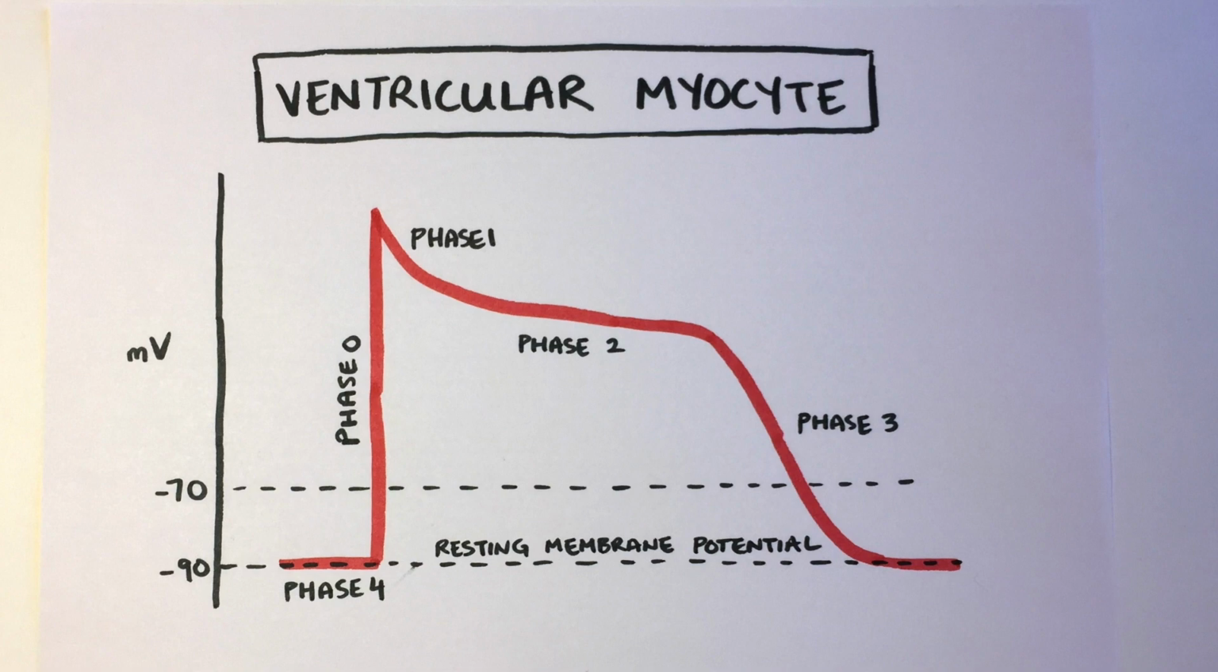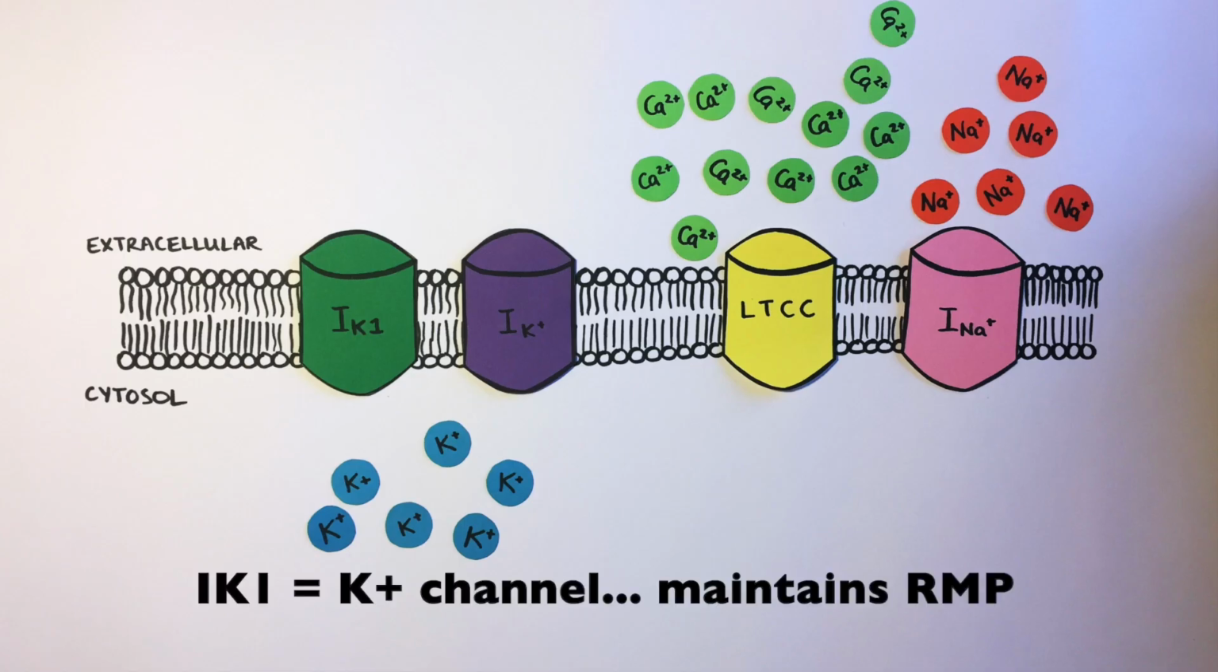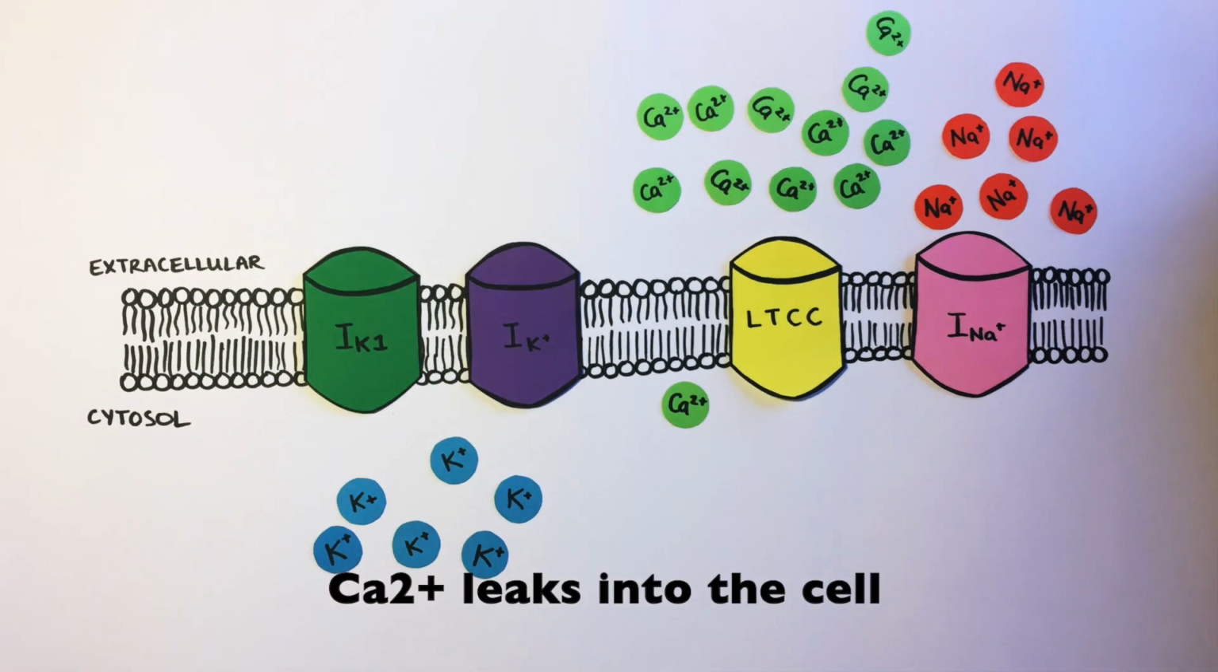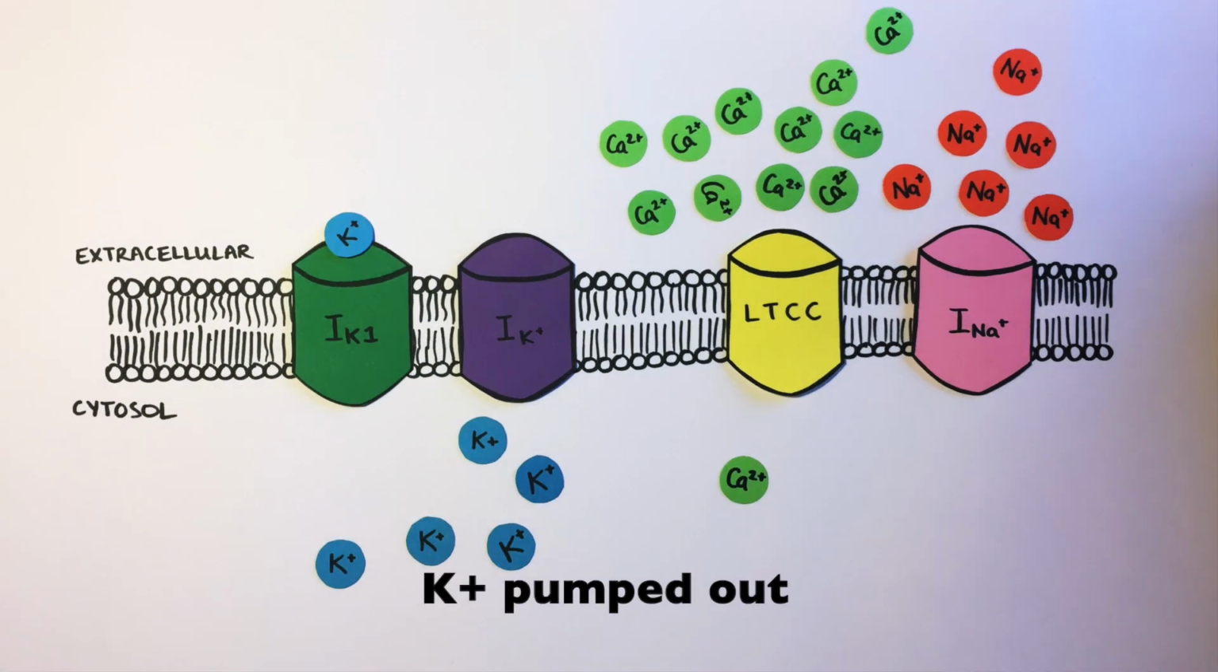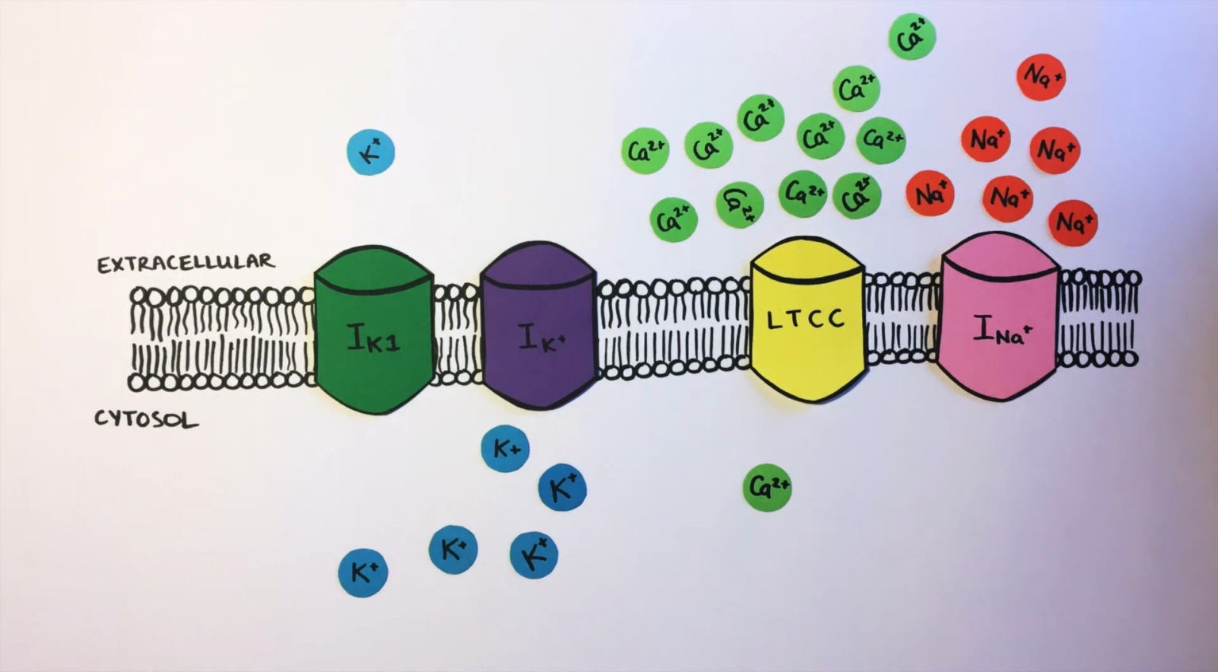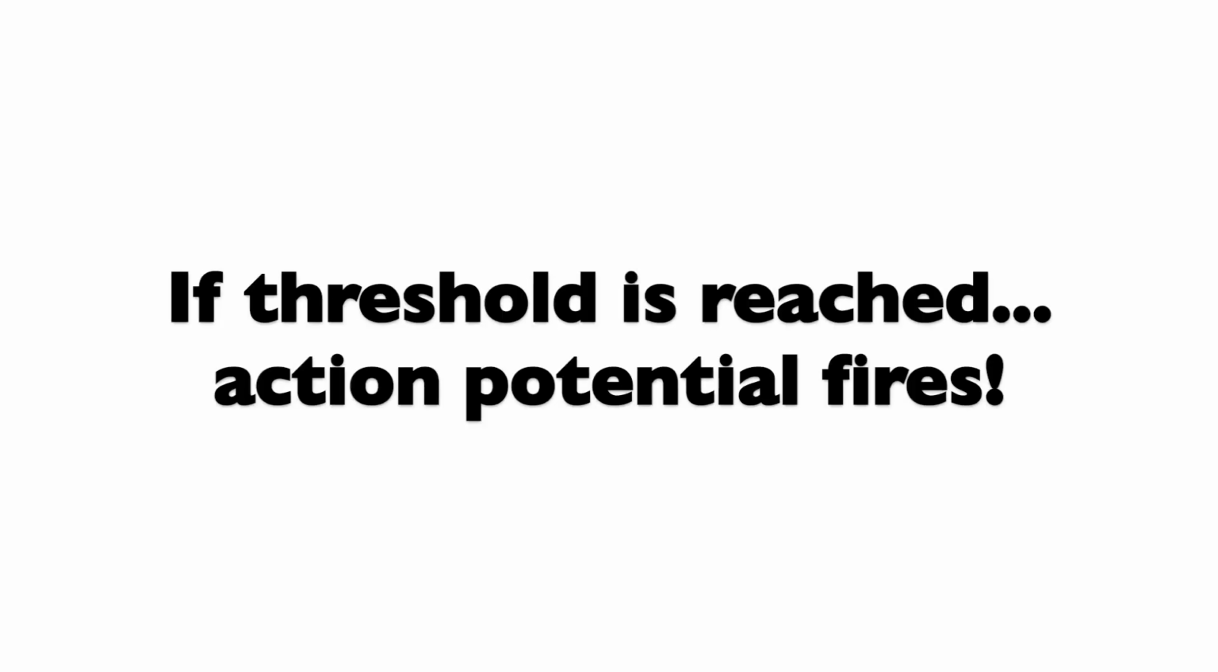This is shown as phase 4. This low membrane potential is maintained by the IK1 channel. This channel allows potassium to exit the cell if some sodium or calcium happens to leak in, preventing depolarization. If the depolarization coming from a neighboring cell reaches a threshold of negative 70 millivolts, an action potential will fire